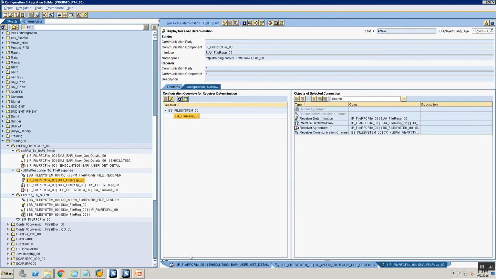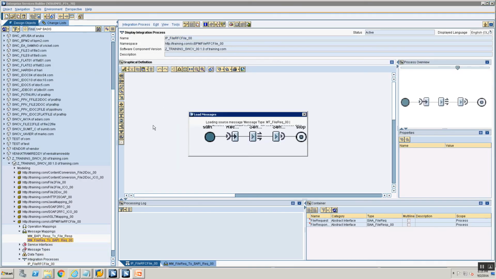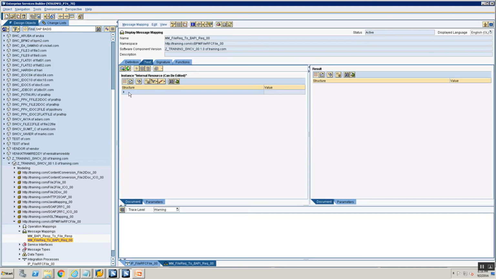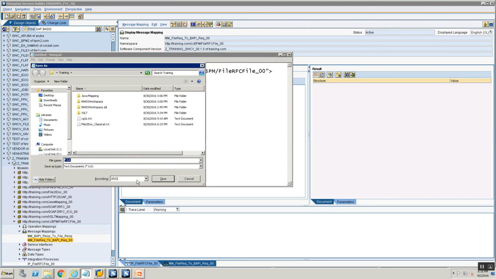Okay, so with this, let's go ahead and test our scenario. To test our scenario, what are we going to do? We are going to create our input file. So I'm going to my message mapping. This is my file request. I'm going to call it my user ID as admin. I'm taking this request XML, which contains the user ID, and saving it in my notepad and saying file